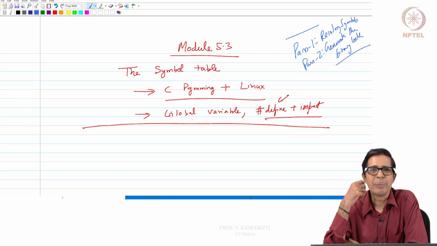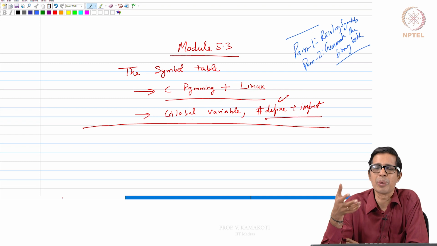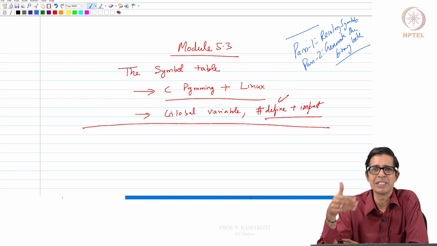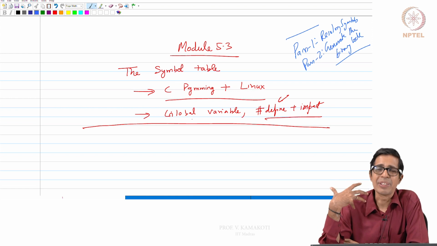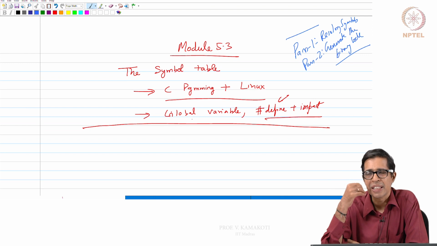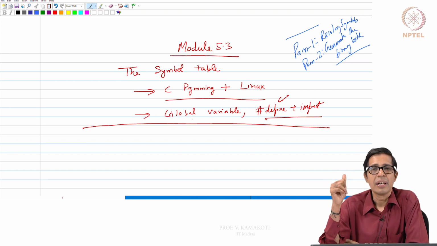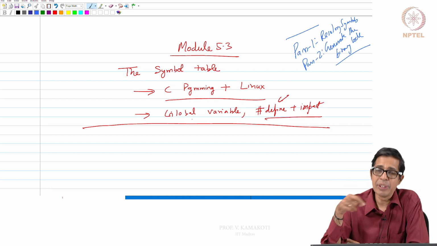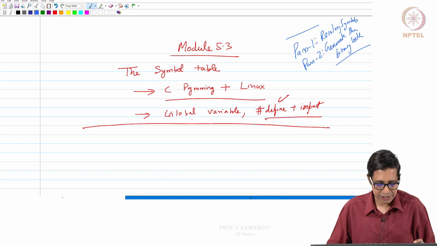In general, global variable is not a very recommended practice, but in a controlled environment like this, where assembler is going to be used only by your interpreter later, we can use these as global variables and see that nothing wrong happens there. So we will now start describing the symbol table and its construction.